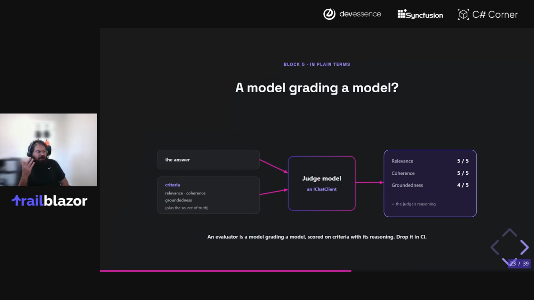And then just an overview of how this works: you have the answer. You have some criteria, and that criteria plus the evaluators, whether that's relevance, coherence, groundedness. There are many others out there. Plus the evaluator and the criteria that the answer is being evaluated against, plus the ground truth, because you want to know what am I actually expecting?